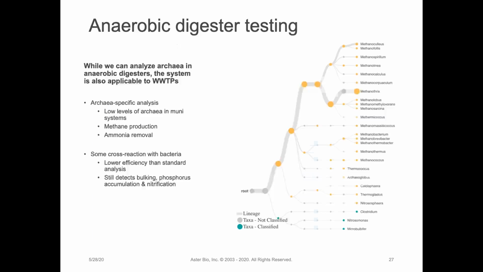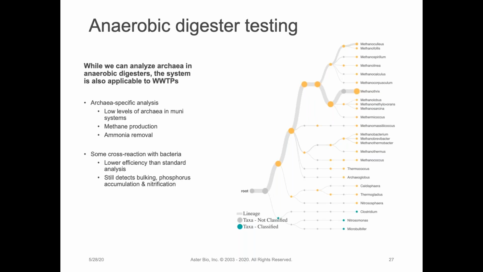As a final example, anaerobic digester testing. We do test Archaea as well, although we've spent most of the time talking about bacteria. Recently, there was an anaerobic digester that was not performing well. It was producing very low levels of methane, and they didn't understand why. When sequencing, we were able to identify that the major